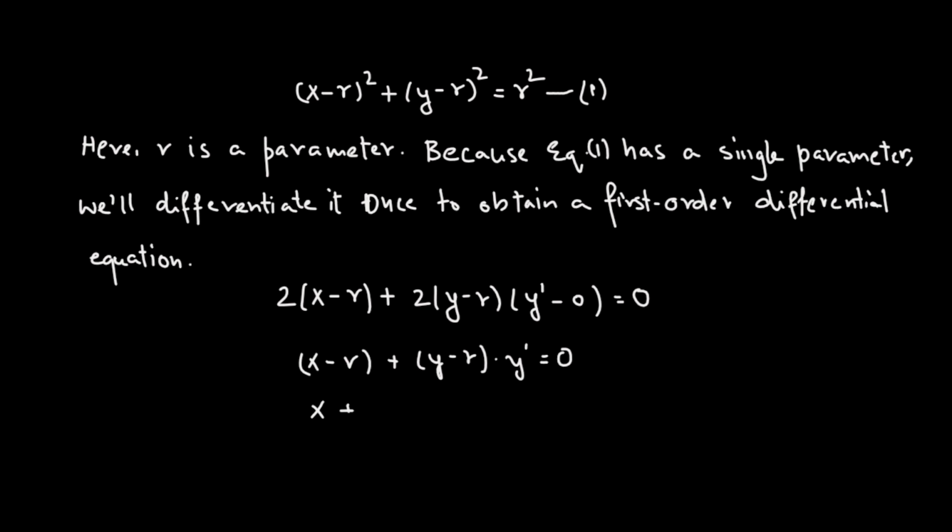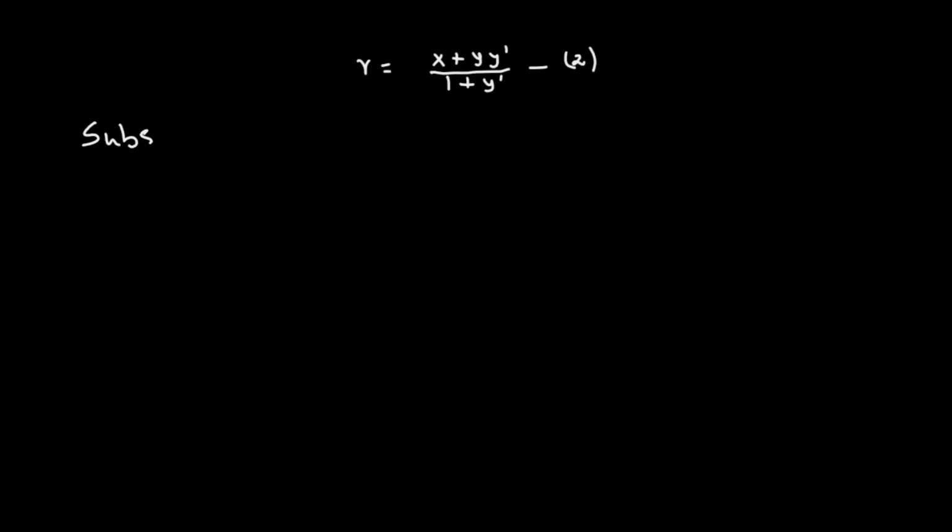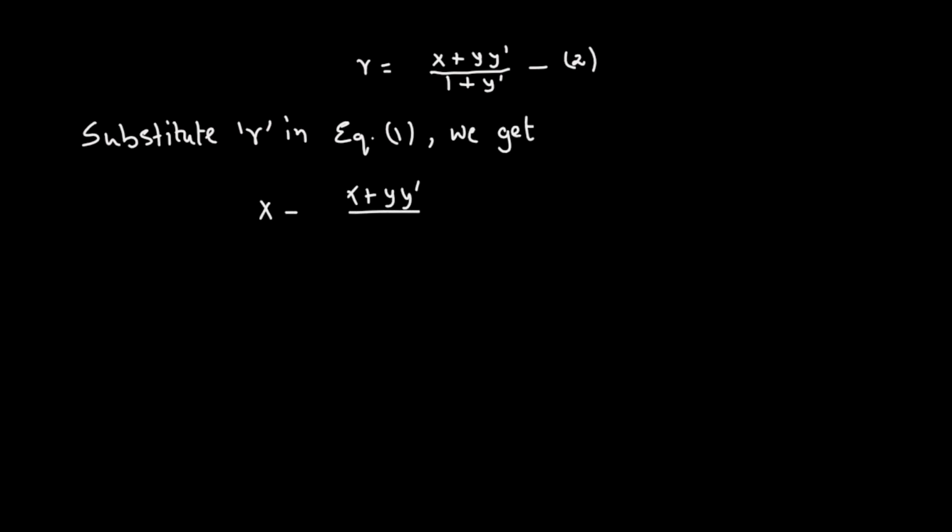Rearranging the terms, we have x plus y times y prime minus r times 1 plus y prime equals 0. Solving for r, this gives us r equals x plus y times y prime whole divided by 1 plus y prime. Let this be equation number 2. Substitute the value of r in equation number 1, we get x minus x plus y times y prime divided by 1 plus y prime whole squared plus y minus x plus y times y prime whole divided by 1 plus y prime whole squared